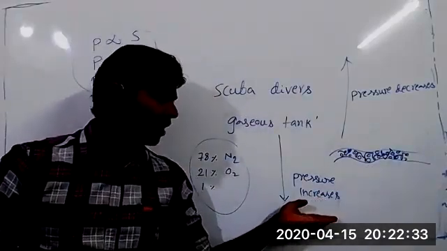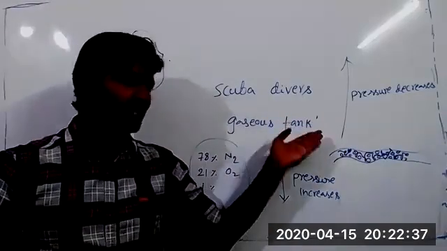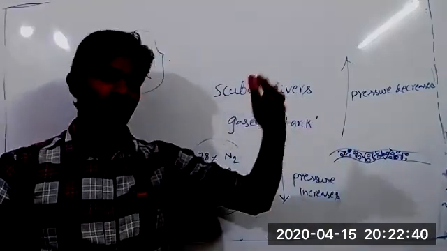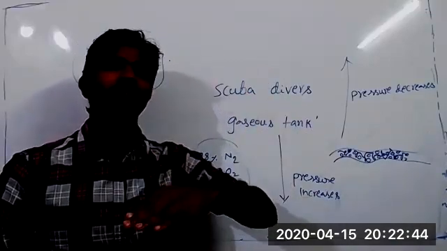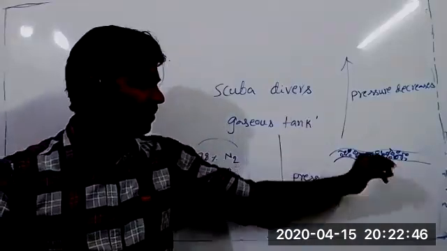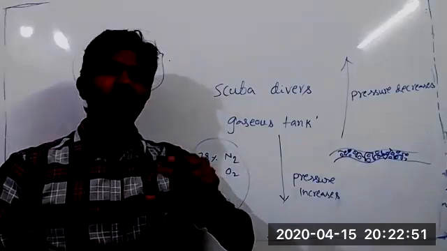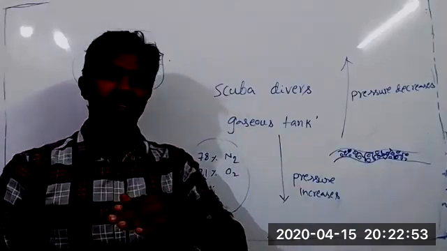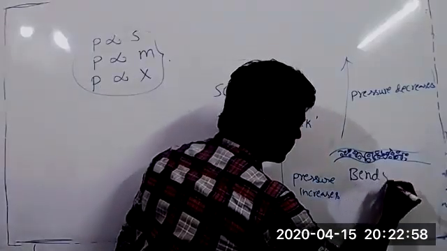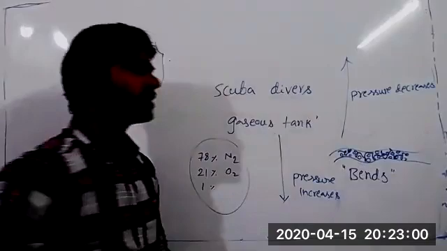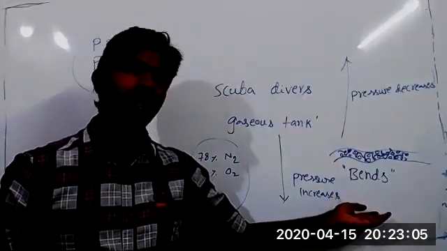While the scuba diver comes up from the deep sea, due to decreased pressure, the gas present in the blood also comes out. But nitrogen gas, due to high dissolution in blood, won't come out easily. That's why it creates some bubbles in the blood. When bubbles are created in blood vessels, the flow of blood decreases. It causes the disease bends. Because of this, it causes much body pain, and sometimes it causes death also.